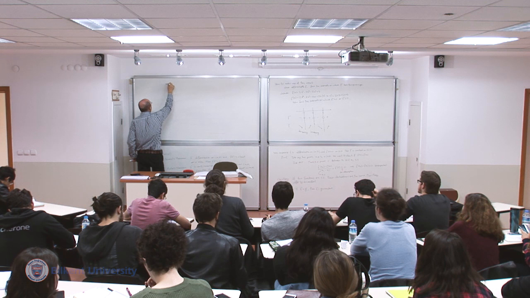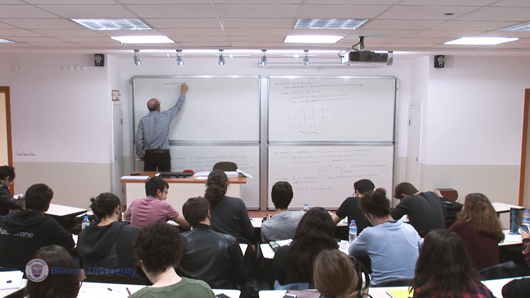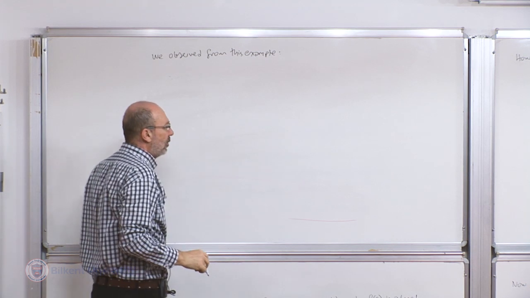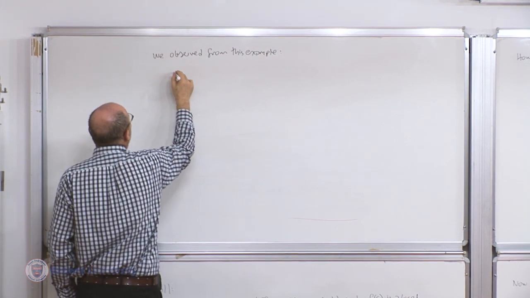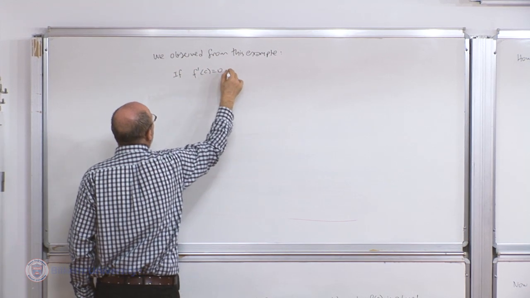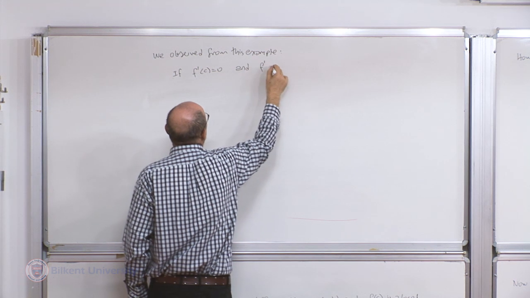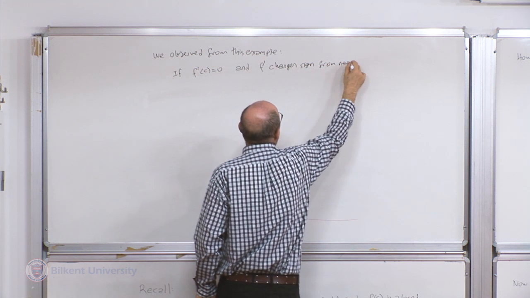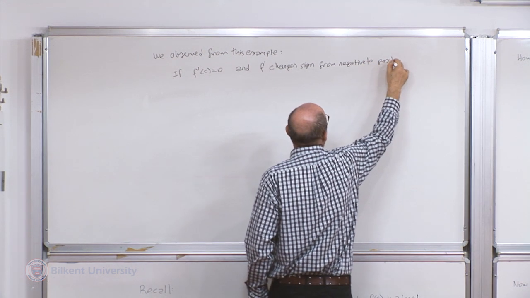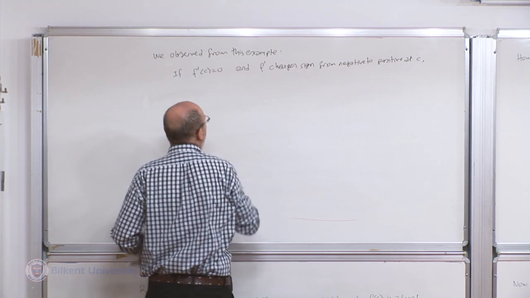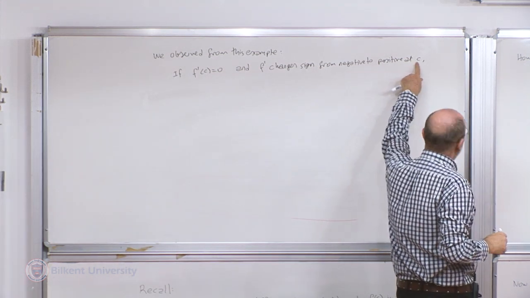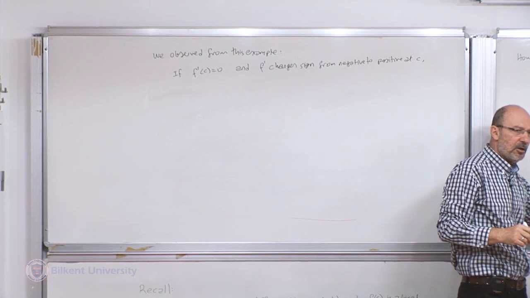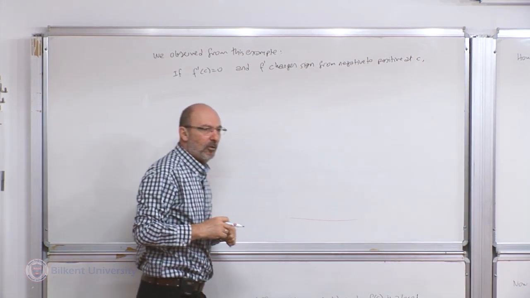Okay, so we observed from this example the following. If f prime of c equals 0 and f prime changes sign from negative to positive at c, okay? So before c, it was negative. Negative means the function was decreasing. Here it's increasing. So we are just reading this information, making it into a rule which will apply for all functions. Then